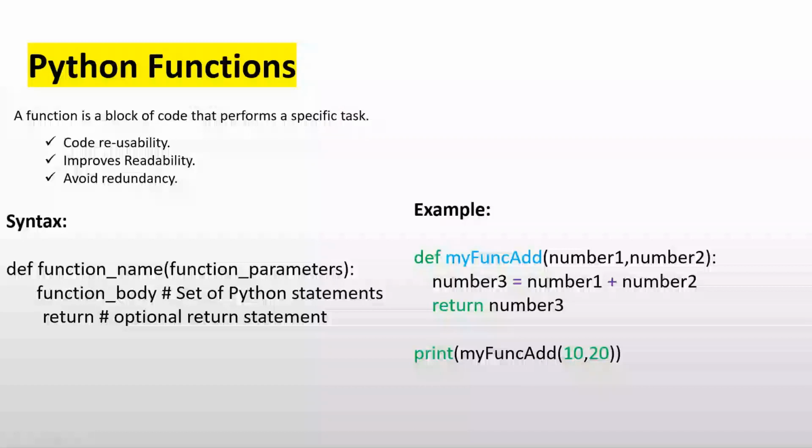Before we move on from functions, let's discuss the types of functions in Python. There are two types of function in Python: built-in functions and user-defined functions. Built-in functions are those functions that are pre-defined in Python and we need not declare these functions before calling them. We can freely invoke them as and when needed. User-defined functions are the functions which we create in our code, like myfunc_add.